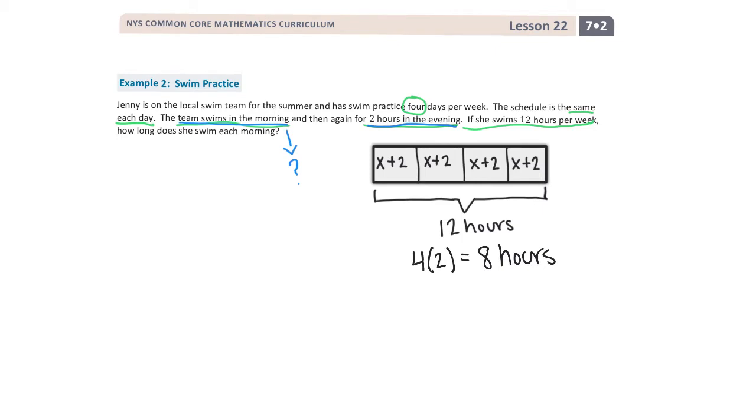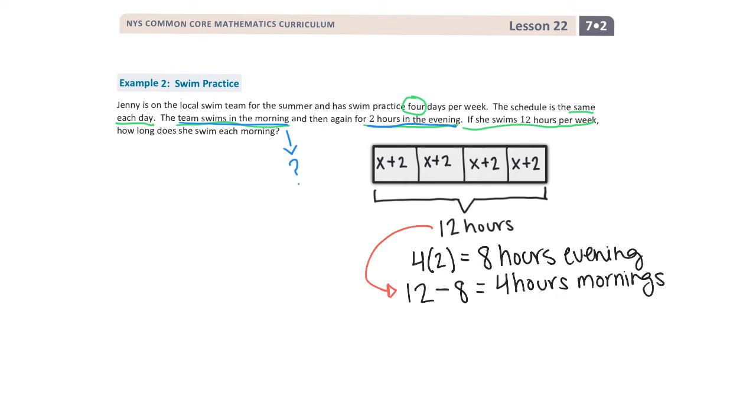Now what we need to do is take our total number of hours, which we know is 12, and remember we got that from here. We're going to take our total amount of hours of 12 minus the amount of hours that she is swimming in the evening per week, which we know is 8. Now I have 12 minus 8, which is going to give me 4 hours. So now that I know that she's swimming a total of 4 hours for the mornings, here are our evenings, and then this represents our mornings